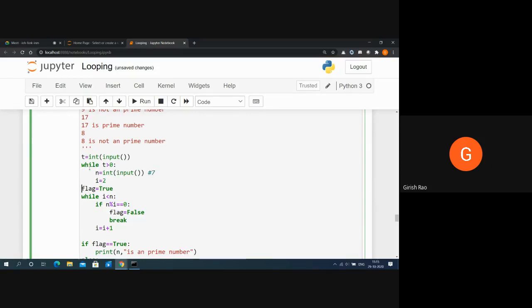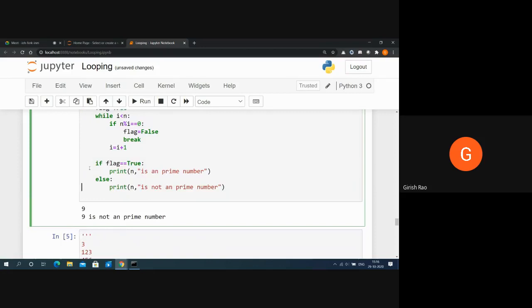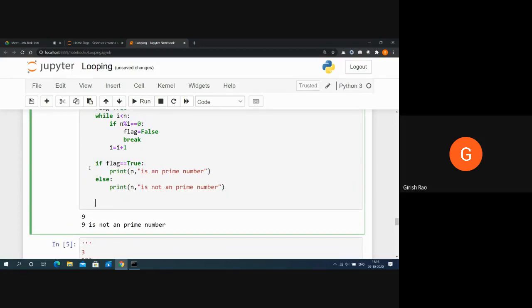So take it to the right. This has to be associated with the inner loop over here. Now this flag will be associated with the inner loop, this particular loop. So this code is associated over here, and this entire code is associated over here. It's an infinite loop. So what should I do? I should say over here t is equal to t minus 1. Let's try to run this and check whether it's working or not.